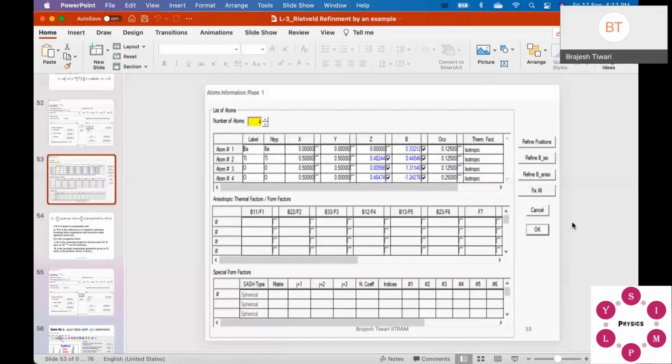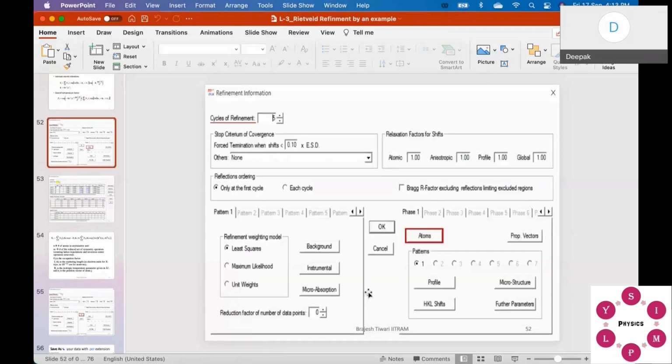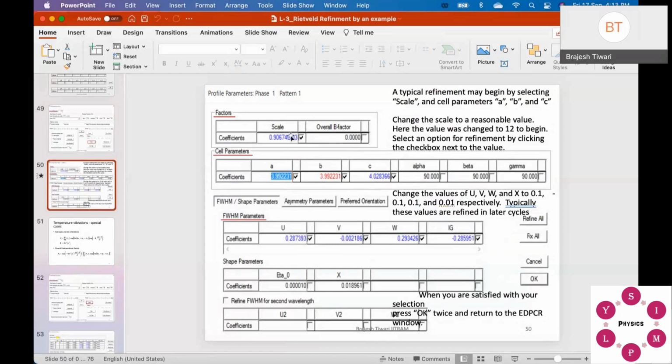Sir, if we want to refine the angle, like you are having monoclinic, correct, or triclinic. So if you go in a profile fitting, here it is. I think we did it earlier. If you click this one, you end up getting here. Okay, this is visible. You can see here there is alpha, beta, gamma, and ABC.